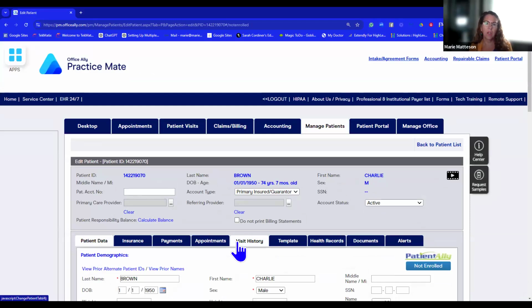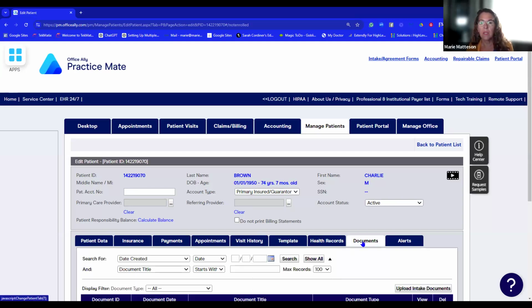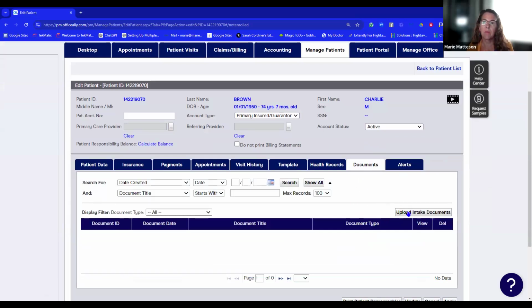Okay. When they check in, they're going to give you forms, unless it's going into the system, and an insurance card. It's really important for you to take a copy, unless you're scanning, however you're capturing an image or a copy of that card. You're going to become an expert at looking at insurance cards. If it has a payer ID number, super helpful. Many of them don't anymore. So front and back of the card, and if you're needing to take a copy of their driver's license, also super important. Those documents can be put right into the system,